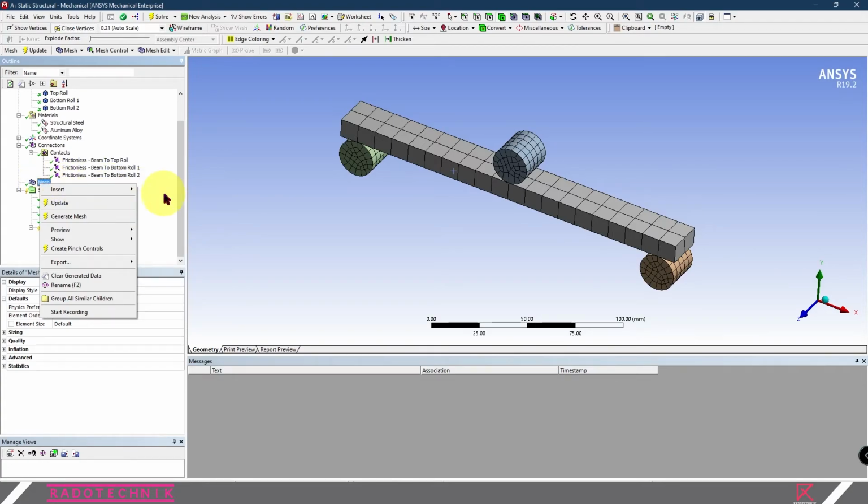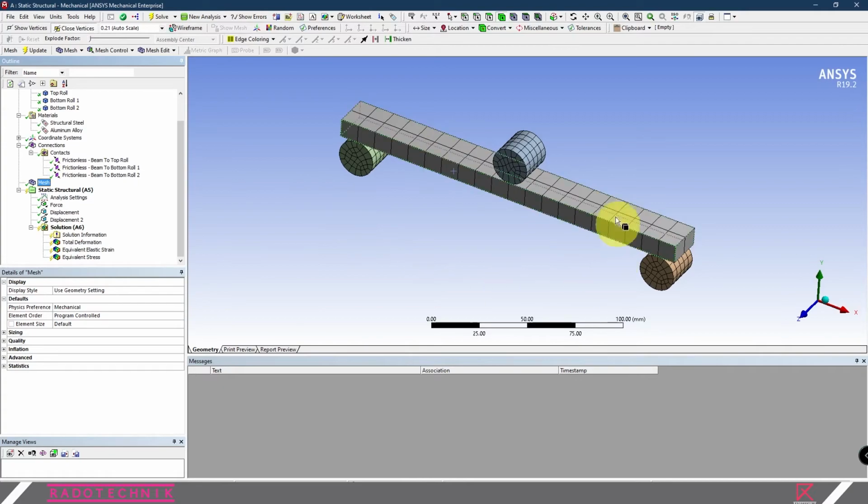But for this course, the bigger mesh size is actually better, because it will take less computation time. Because if you decrease the size to a smaller one, it will automatically increase your computation time.